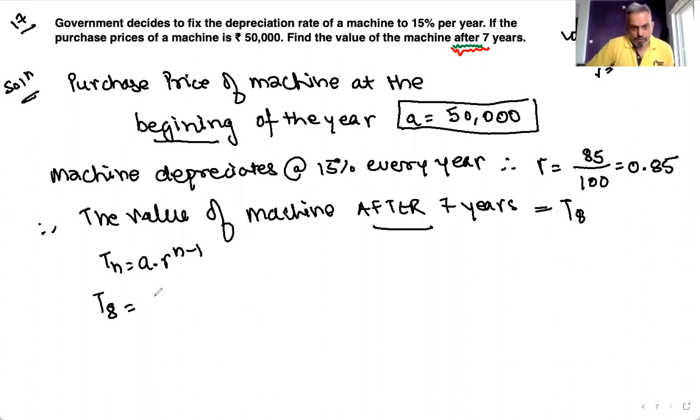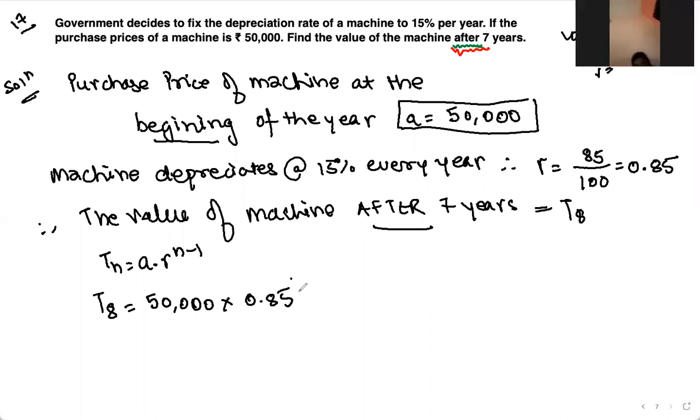T8 is equal to A is 50,000 into R is 0.85 raised to n minus 1. 8 minus 1 is 7. So calculate karo, please calculate. Take the calculator. 0.85 raised to 7, which comes to